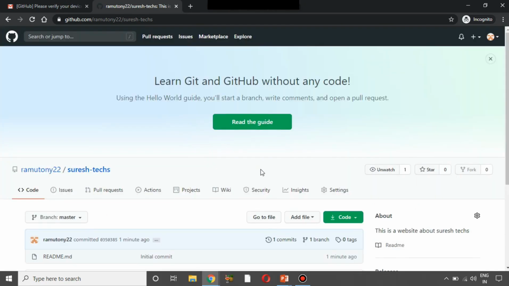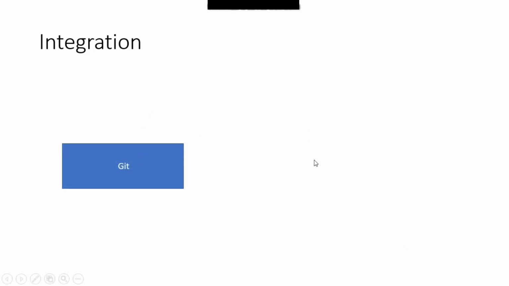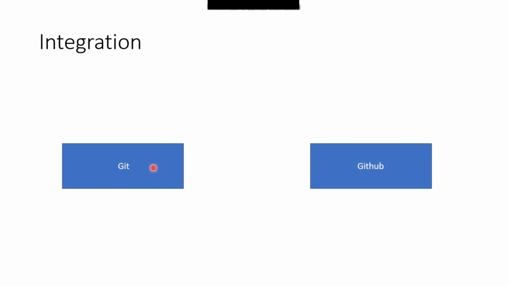Now that our GitHub is ready, in our next tutorial we will look at integrating this GitHub with the Git Bash which we installed in our earlier tutorial. So let's see what actually happens. Let's look at the importance of integrating GitHub with Git Bash. We have installed Git Bash in our earlier tutorial, and now we have set up an account for GitHub. So how do we communicate between Git and GitHub?